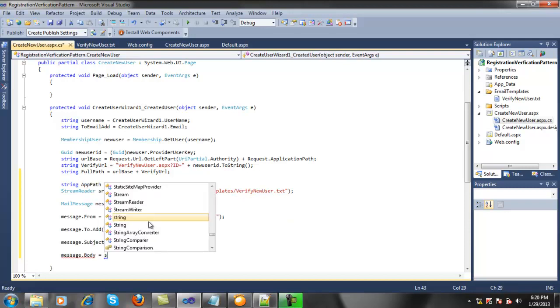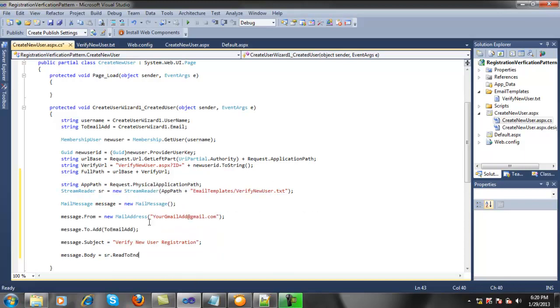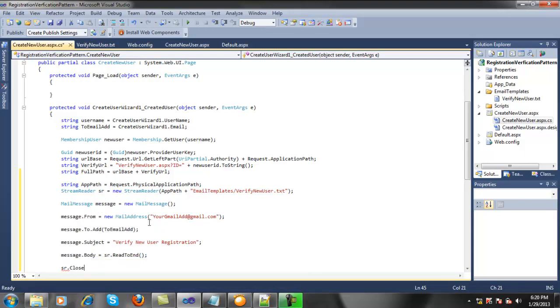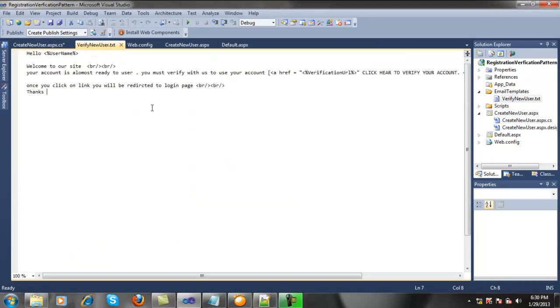We are going to read a message from a text file. Now we are going to close. Next, we need to replace two items that we put in that message for a replacement. One is username and another one is verification URL. So let's do it. Just copy